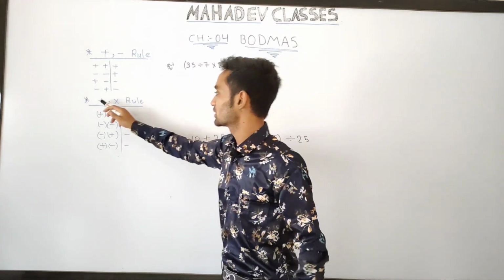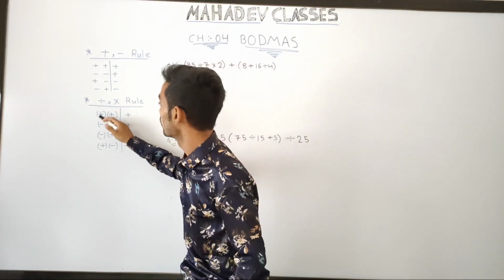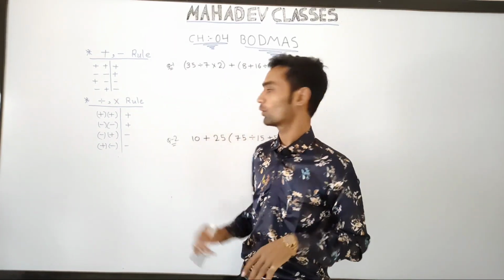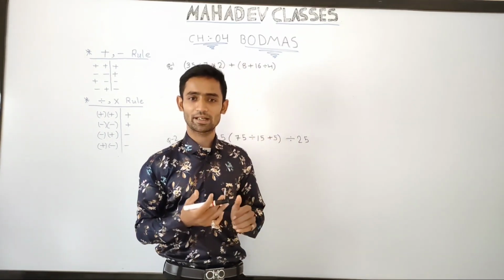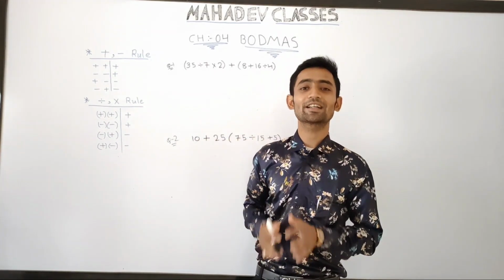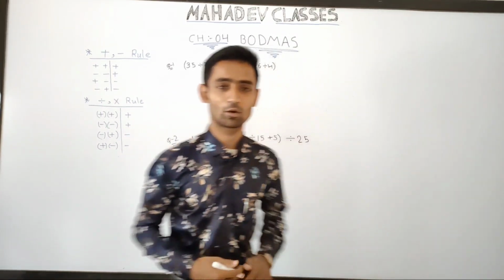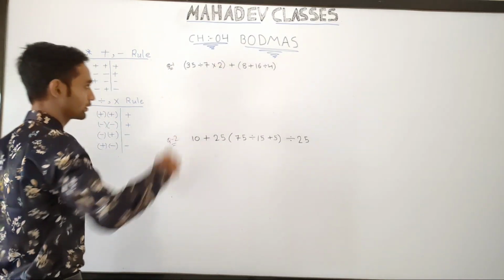And now in this division multiplication rule, what you have to do to remove the bracket is to change the symbols only. Whenever there is a minus symbol before the bracket, then to remove this bracket you have to change the symbol of every number inside that bracket. Now without wasting time, let's start question number 1 of our BODMAS method.